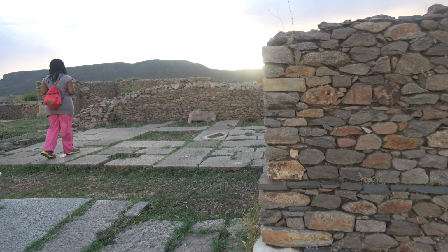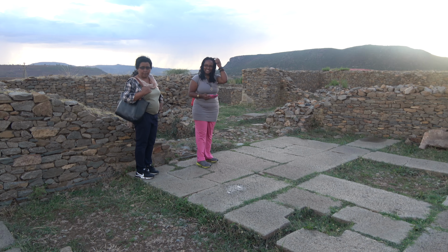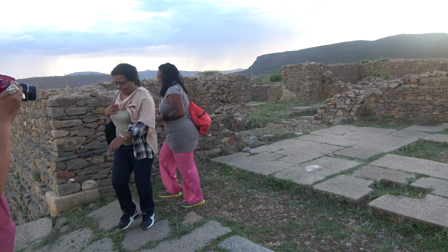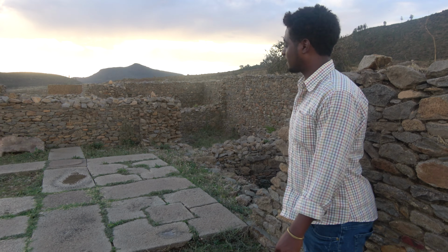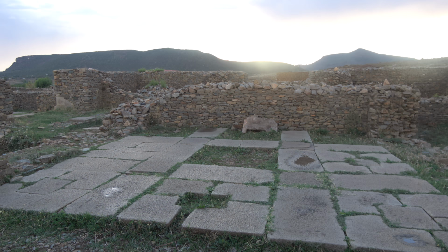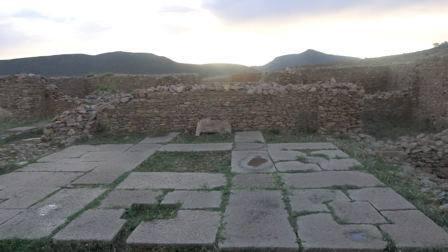Maybe here is the part for the queen. Most respect. Maybe the queen was there, and maybe the guards would stop here with the spears. So these are the very same steps occupied by the Queen of Sheba. Sheba steps up. It is still not known exactly what the significance of the number 7 is, but all the entrances of all the palaces have 7